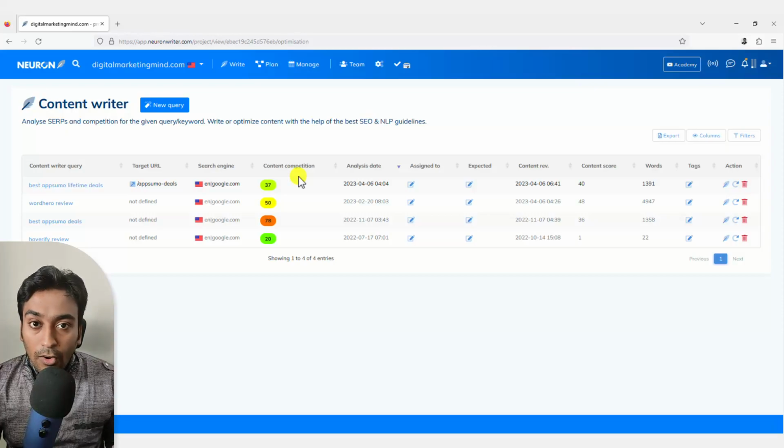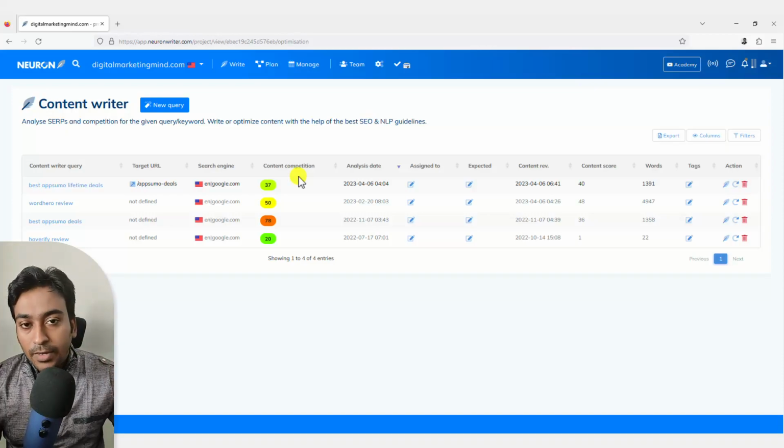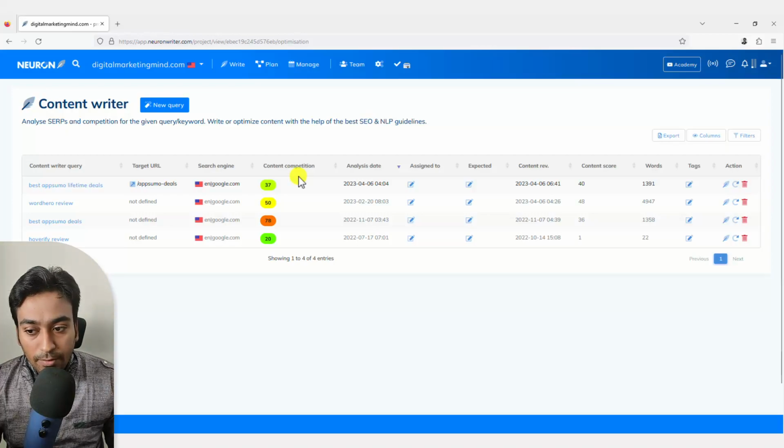Basically, this is an internal metric which will tell you how well your content is optimized for Google or SEO. Generally, you would need to have this score as high as possible, like in the above 70s or something like that, because as you go higher and higher, it means that you are very well SEO optimized. So that is the content optimization.